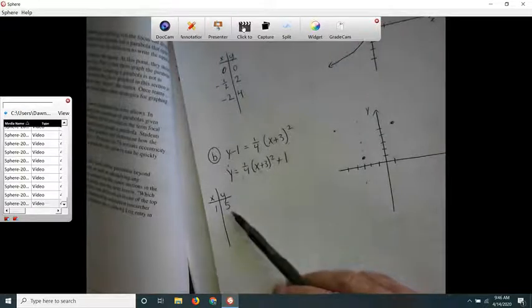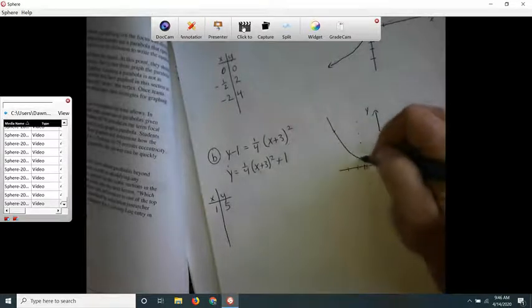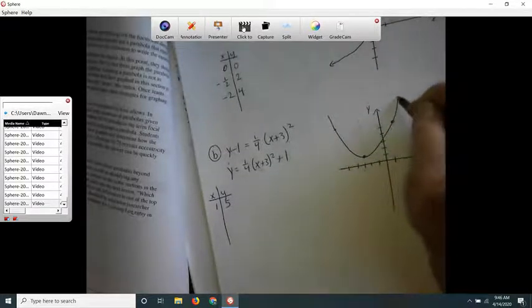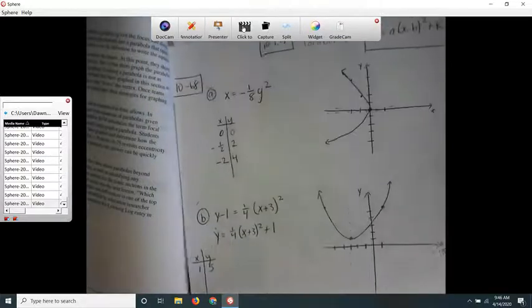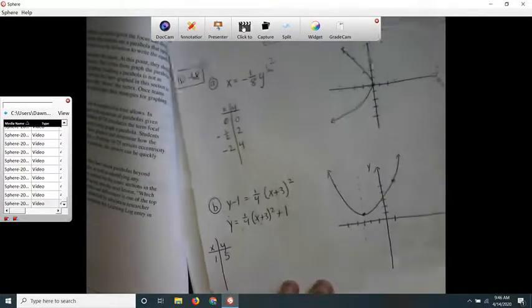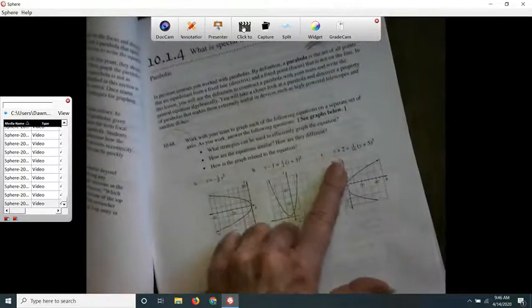So I got (1, 5). And then I just know there's symmetry, so I'm just going to mirror it. And you can still use this method on any parabolas that you come upon. So in the next one, the one that we're not going to do,